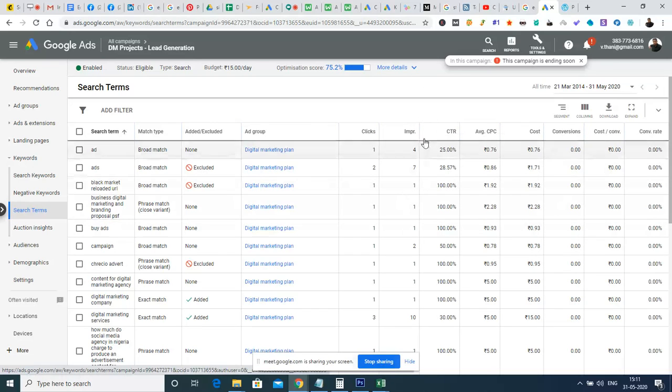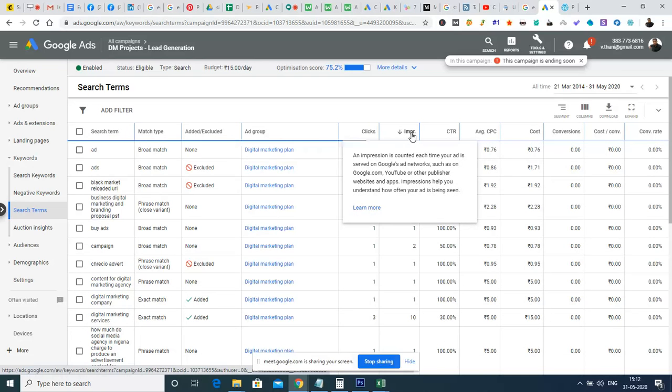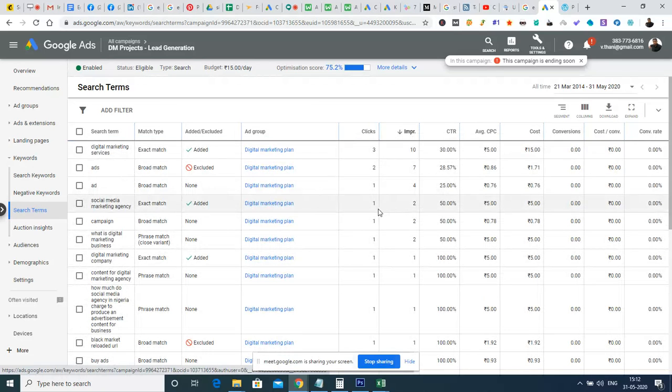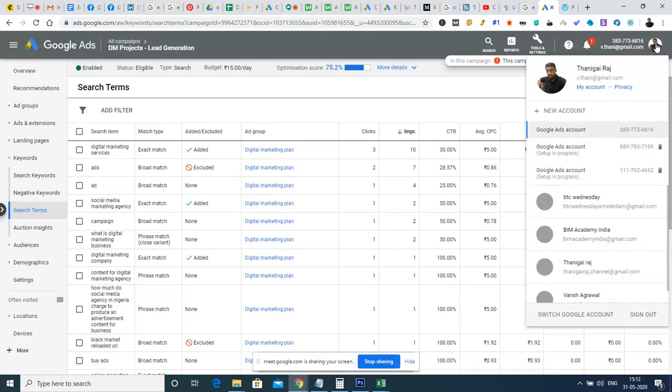There are very few impressions, 4, 5, and 10. If we sort by search impressions, we will see them ranked by impressions, and how many clicks we have received from them; that information will be here. Okay, I will use some other account where we can get some more data.